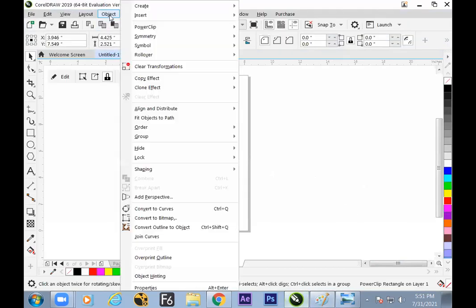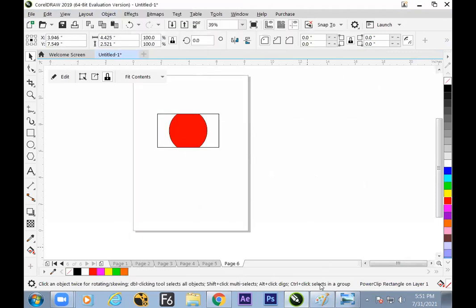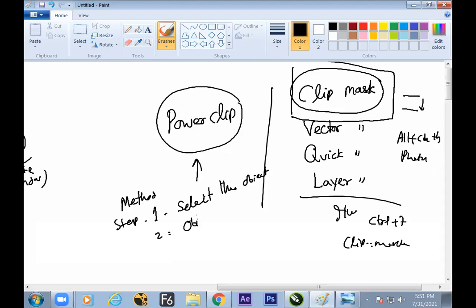Step number three, the software will ask which is the target object. Click on the target object. What is the result? Done. So your job is finished.